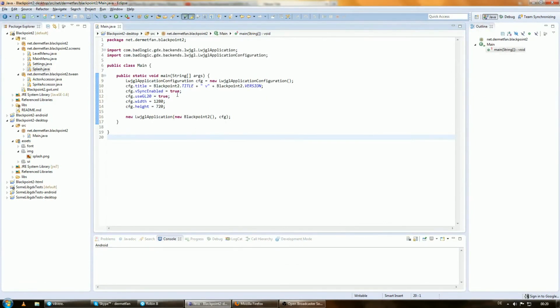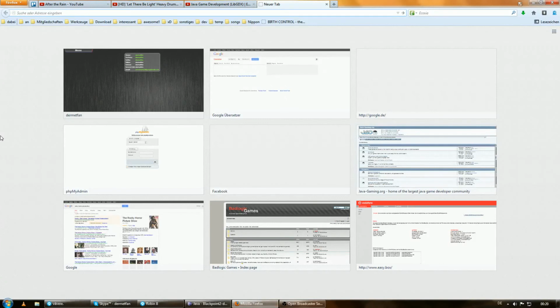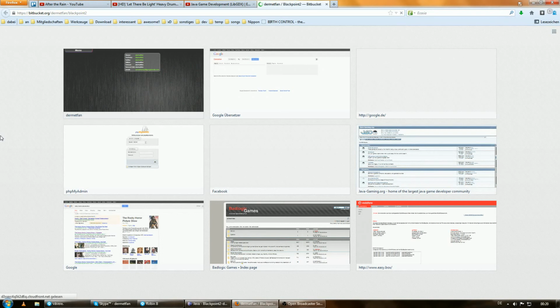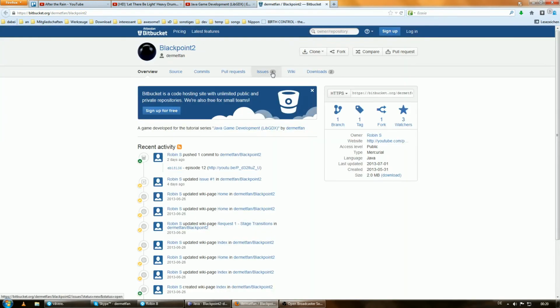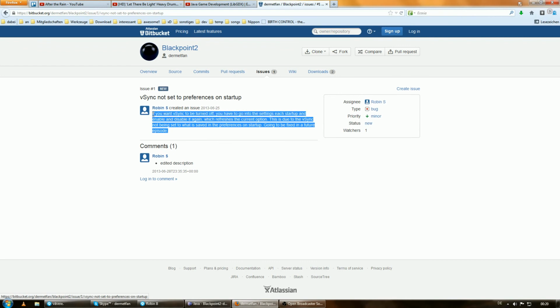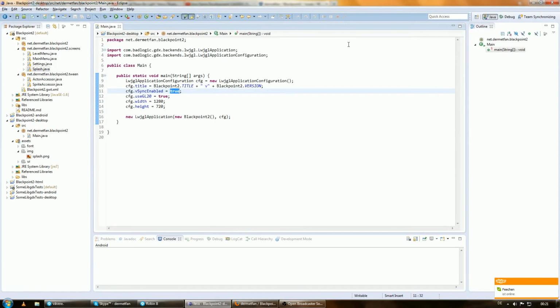So now there's just one thing left to do, and this is actually on the issue tracker of my Bitbucket repository. So let's go there, bitbucket.org/myname/blackpoint2, and then we see there's one issue. It's called vsync not set to preferences on startup, and then there's some description, but it basically just says that if you start up the game, it doesn't care about if vsync is activated or deactivated in the settings. So we would think we can just say